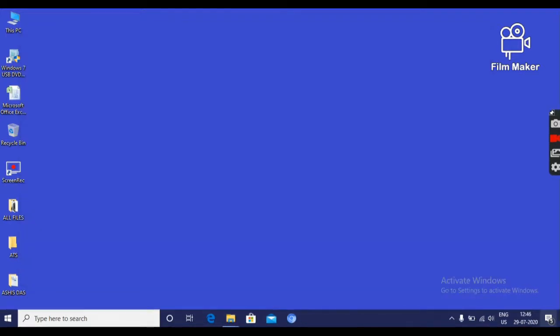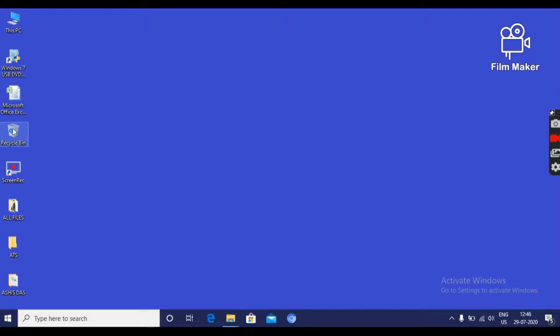I will tell about recycle bin operation. What is recycle bin? Recycle bin is the storage area where the deleted items are stored. This is the icon of recycle bin and all the deleted items are stored.